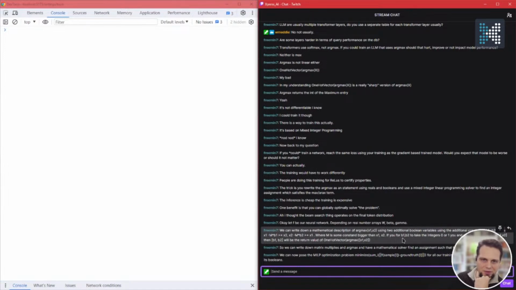If you force b1, b2 to take the integers 0 or 1, and you can still find a solution for x1, x2, then b1, b2 will be the return values of a one hot vector of that thing. So we can write down matrix multiplies and argmax and have a mathematical solver find an assignment such that the equations posed hold. You can now pose the MILP optimization problem, minimize the sum